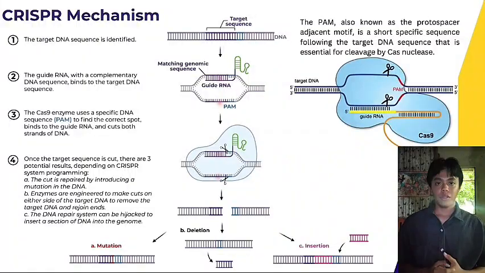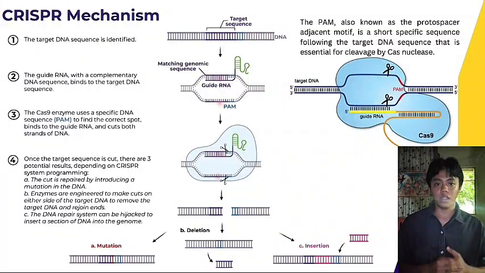Number 4. Repairing the cut. After the cut, the cell's natural repair mechanisms jump into action. There are a few possible outcomes. Mutation or error: the cell might try to fix the break but makes a mistake, leading to a disruption or inactivation of the gene. Deletion or removal: scientists can engineer the system to completely remove the gene. Insertion or replacement: